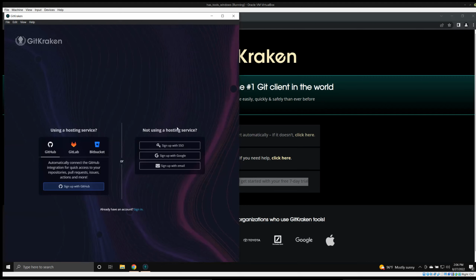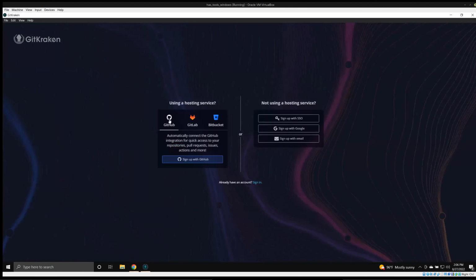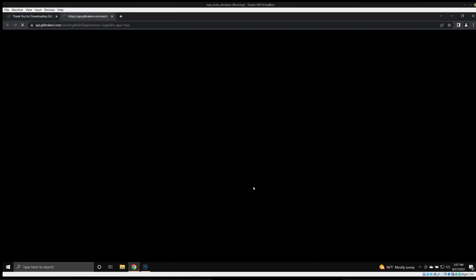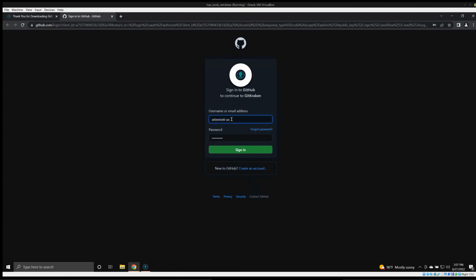So once it's downloaded, you can fire it up, and here we go. Because we have signed up with GitHub, let's go ahead and do that here to connect the two, as I said. This will ask you to sign into your GitHub account. Previously I said I signed up with AR Bennett UA, but that is not my actual GitHub account. So I'm going to sign in with just AR Bennett and enter my password,